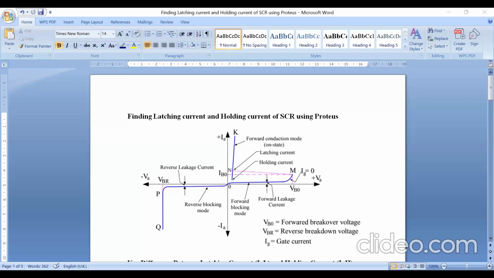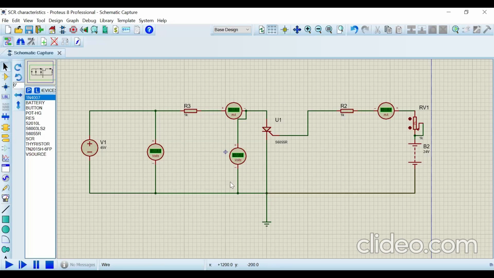Let us go to the Proteus now. Open the Proteus software. I have already constructed this experiment circuit, and I'll show you how to construct also. Let us first find out the readings, and we will plot the graph using Excel sheet. Then I'll show you how to construct. Initially, what you should do, first you should know how much is the gate current required to fire the SCR. So how we will come to know? So you should go to the